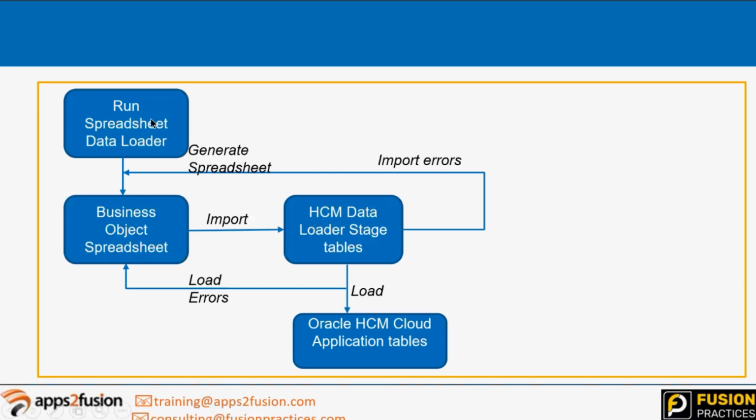For example, in this diagram, the first step is to initiate the spreadsheet loader, which imports the business object related data to HCM stage tables. If there are any errors, it throws the error in the spreadsheet itself. So this is the first layer. When the trigger happens in the HCL layer, the load errors get displayed in your HCL tab. If you want to correct them, you can refresh the spreadsheet loader Excel sheet, correct the information, and re-trigger the file.